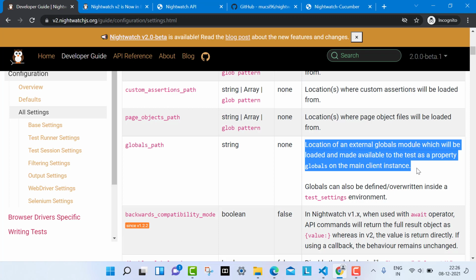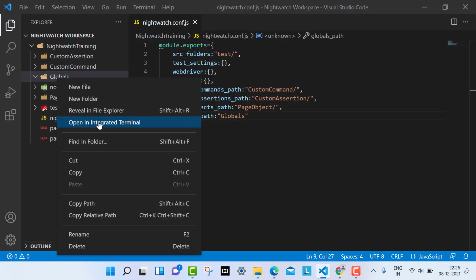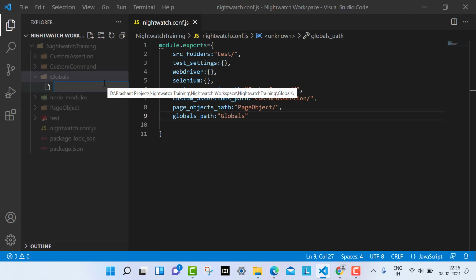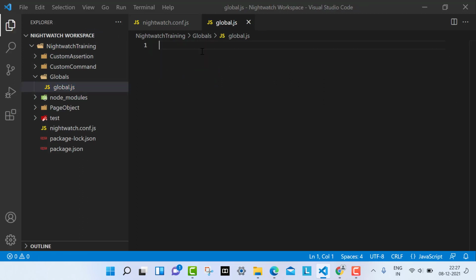What module is it talking about? Let me tell you. Under globals, I'm going to create a file called global.js. If you remember this module.exports, this is talking about this one, this path.